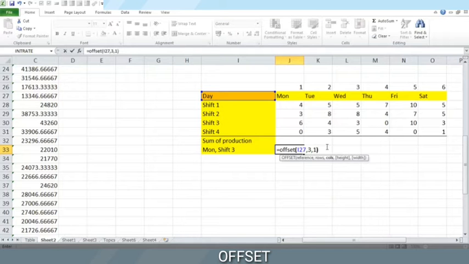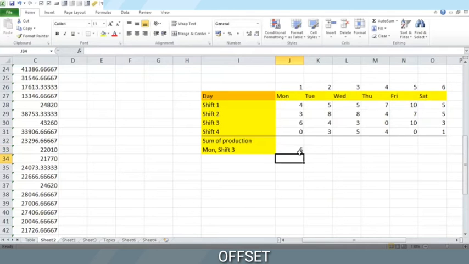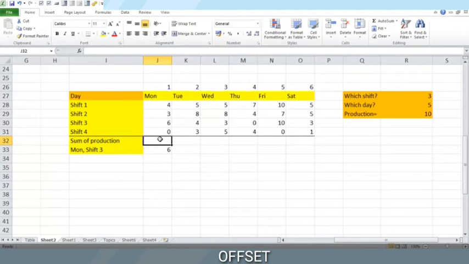This is the most basic use of offset. And let us see what value we have. Offset 3 rows and 1 column from the reference value or cell. So here we go. Offset can be used in another manner. We can find sum, average, and similar group functions using offset. Let us see how.